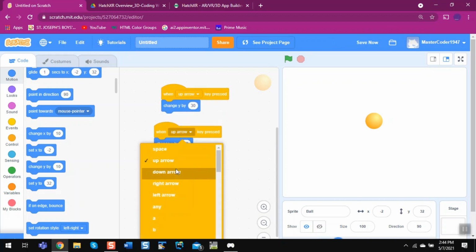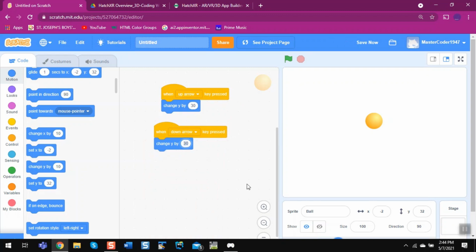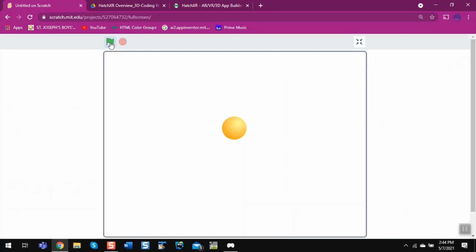When down arrow clicked, then minus it by 30. So I'm going to come back here, refresh this and down. See, it came back here, down, down, up, up.